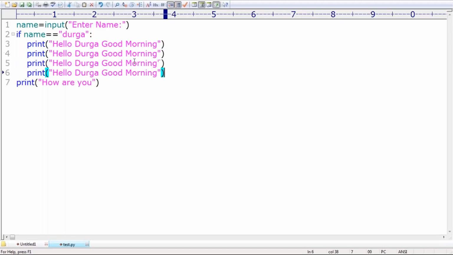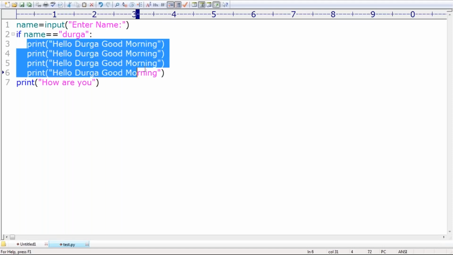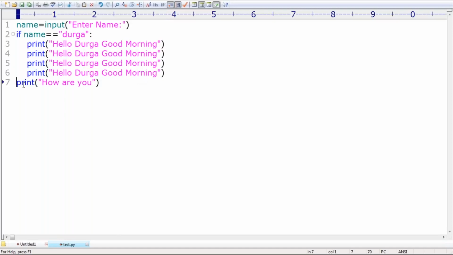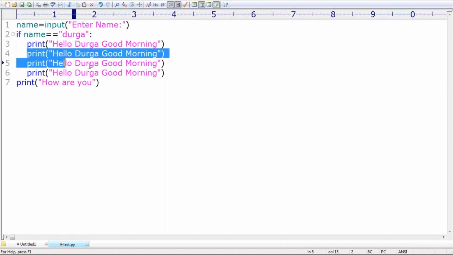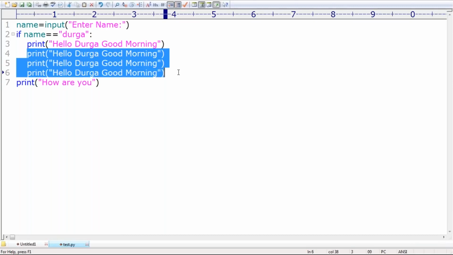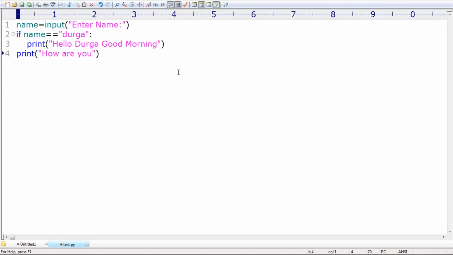Suppose I'm taking one more like this. Sir, how many print statements are there under if? Four print statements, but this one is not starting from here. That's why it is not under the if. And this is nothing but indentation. Remember that, sir. In Python, curly braces, such nonsense is not there. Everything is according to indentation, right? Okay. Now, anyway, let me remove this one. Sir, now have you observed, right? If the entered name is Durga, what is the output by default you are going to get, sir?